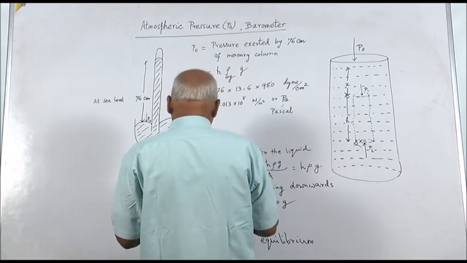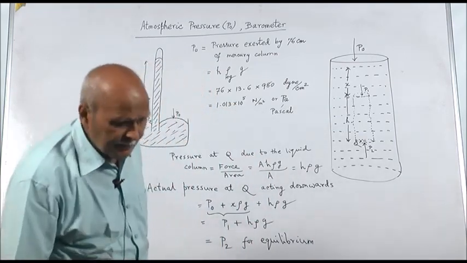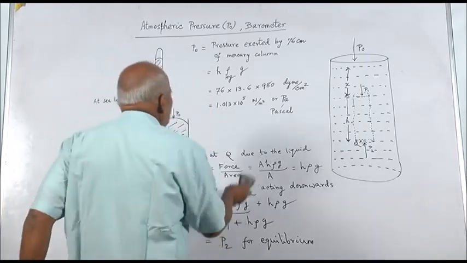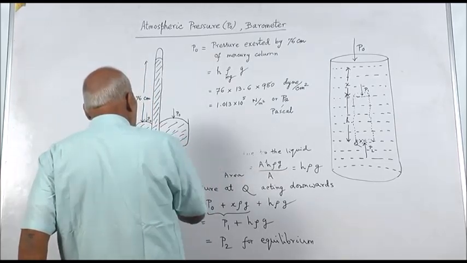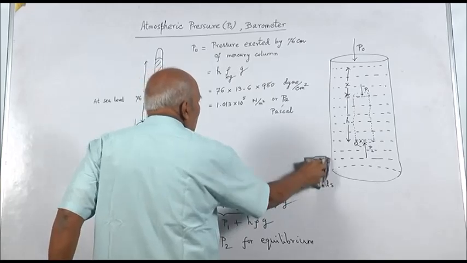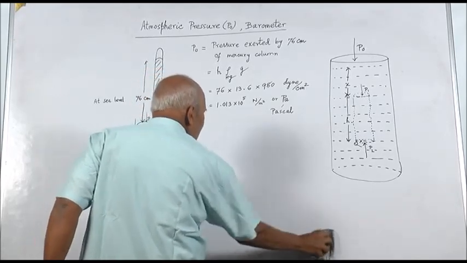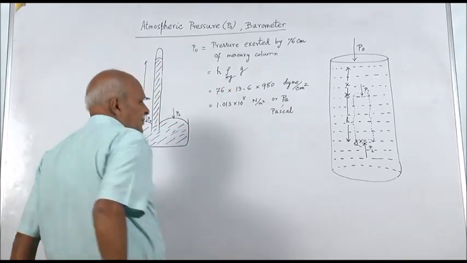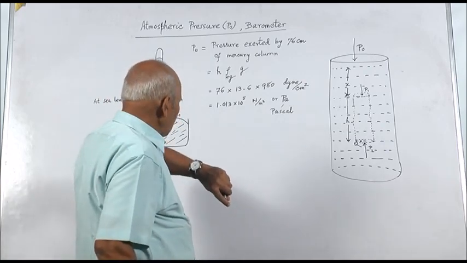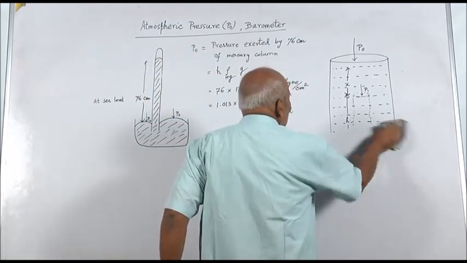So, this is the atmospheric pressure at sea level, and if there is a cyclone starting, then the pressure becomes low, pressure decreases. Due to Bernoulli's theorem, we know that when velocity increases, pressure decreases. So, pressure decreases means this height decreases, 76 decreases. So, from the observation of height, one can think of the coming of a cyclone or storm.